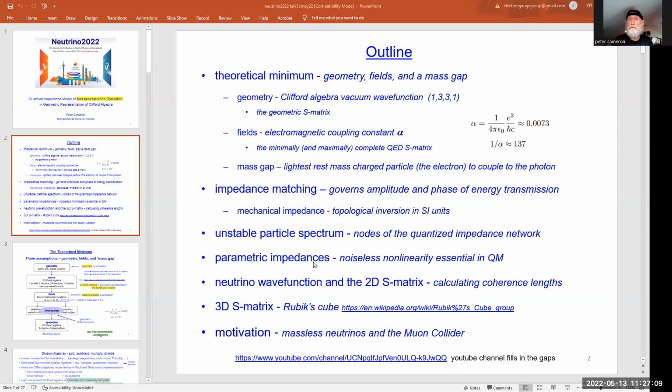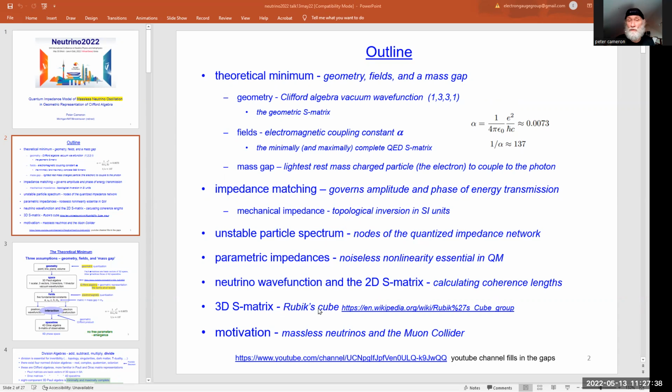And the impedances are parametric. Parametric processes are noiseless, and this noiseless nonlinearity is essential in quantum mechanics. So we want to look at the neutrino wave function and the scattering matrix, what I'm calling a 2D scattering matrix, because some of the orientational degrees of freedom of the wave function we take away by assigning the flux quanta to them. So to get the true 3D scattering matrix,